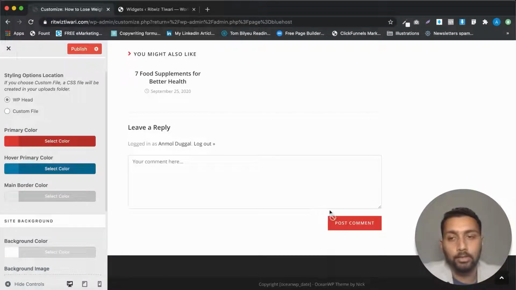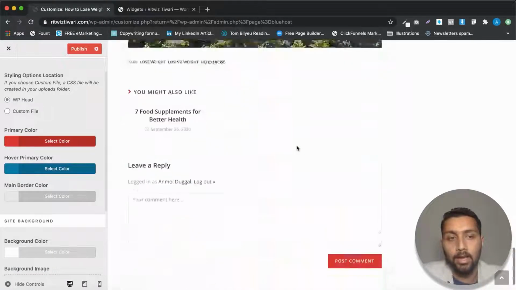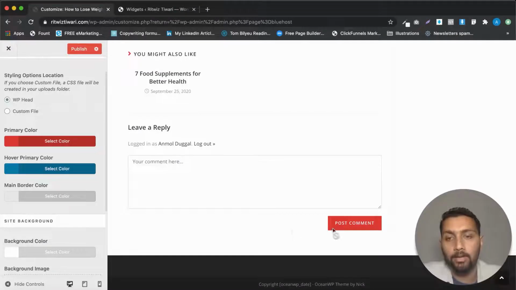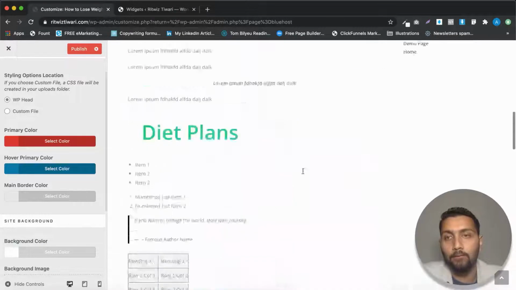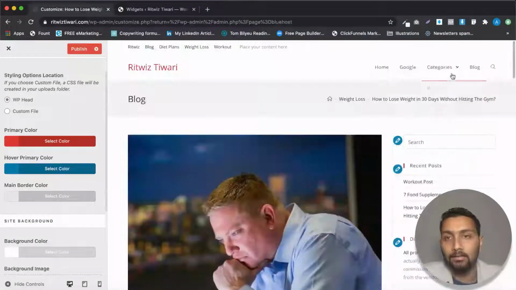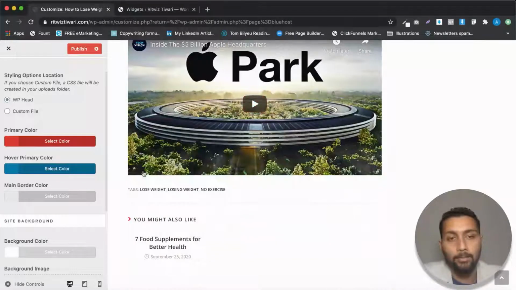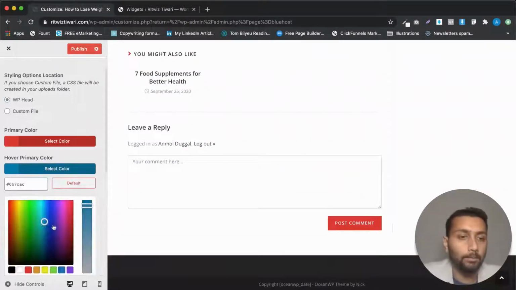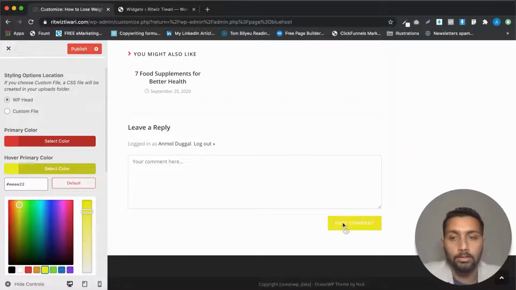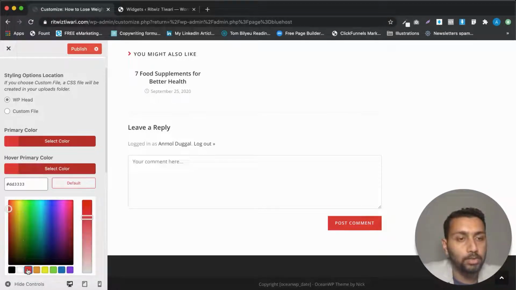All right. Now you can see that the color has been changed, right? And now the next option that we have is the hover primary color. Like if we hover on the button, or if we hover on a link, right? So okay, this has already been changed, but it was related to the hover button, I guess. Hover primary color. So we can change it to maybe yellow to show you how it works. See. But obviously this is not a very good color choice, so I'm going to choose something similar in the lines of red only, but make it a little orange or something like that. Yeah, so this is better.